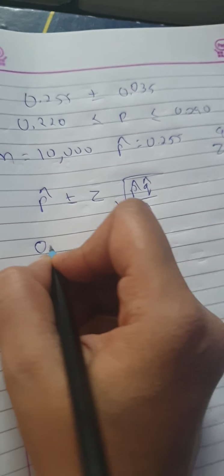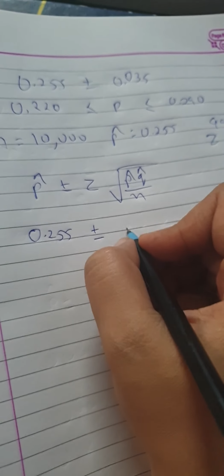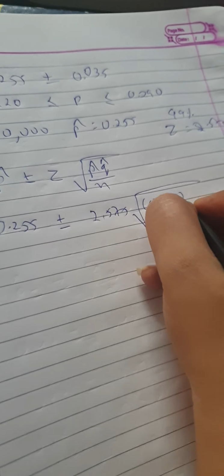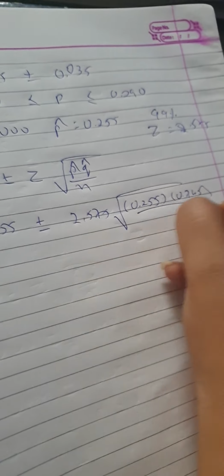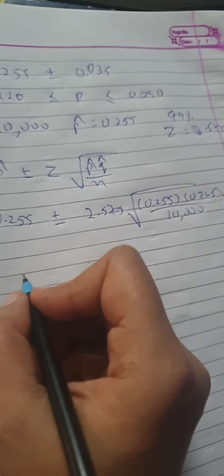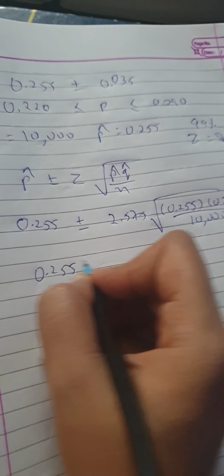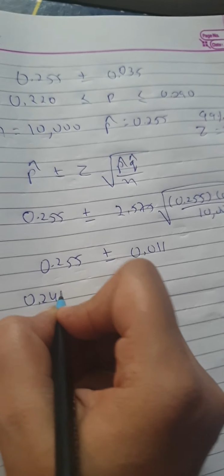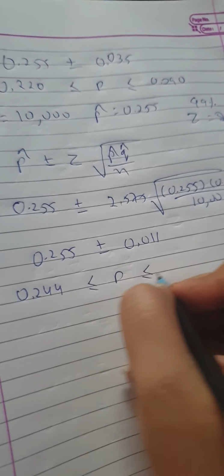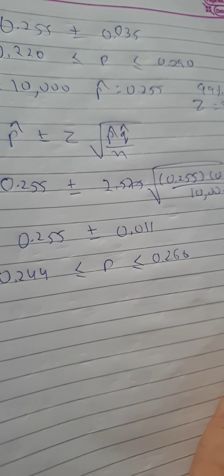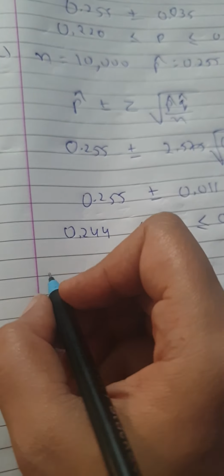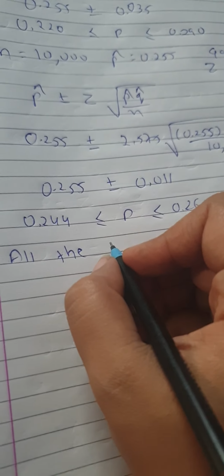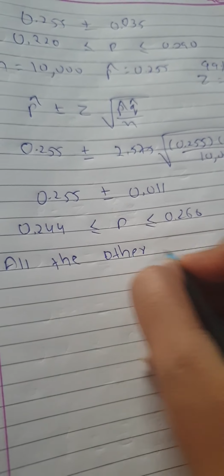Your p cap is 0.255 plus or minus 2.575, 0.255, 0.745 upon 10,000. So 0.255 plus or minus 0.011, so your answer will be 0.244 to 0.266. Now we will write the conclusion like this: all the other things